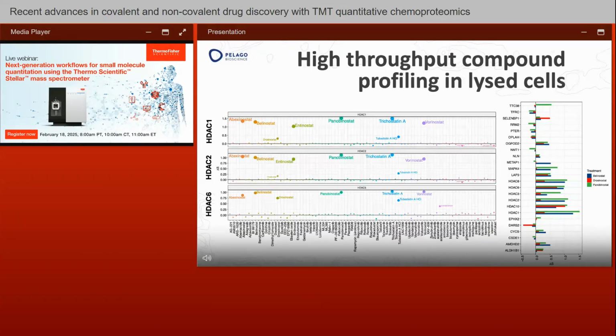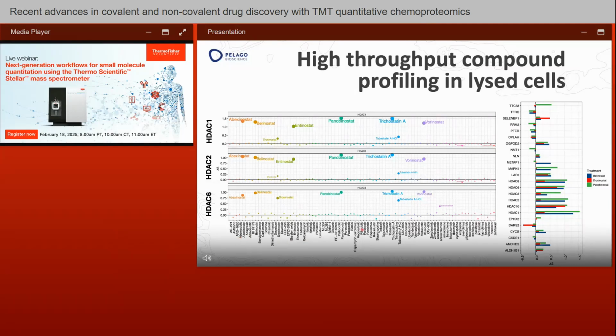What can we get with this kind of data? For instance, we can profile a library of compounds and see similarities or differences between the compounds of interest. On this slide, we focus on the HDAC inhibitors, and we can look at the data from different angles. On the left plot, we can see